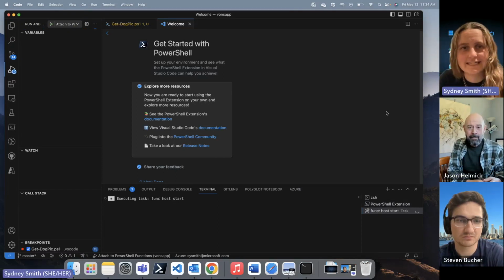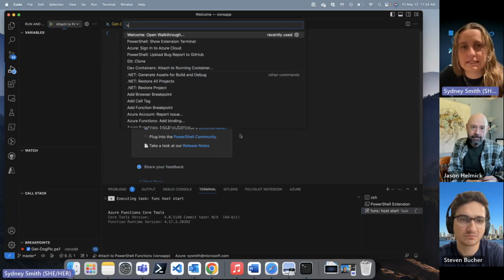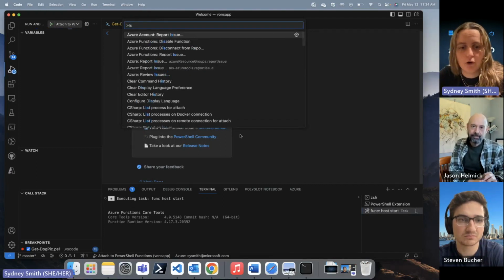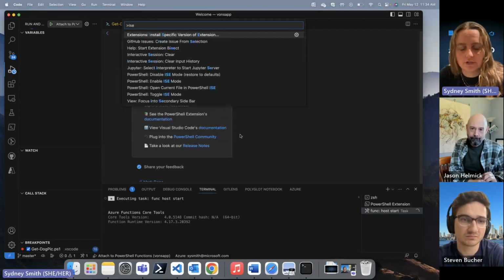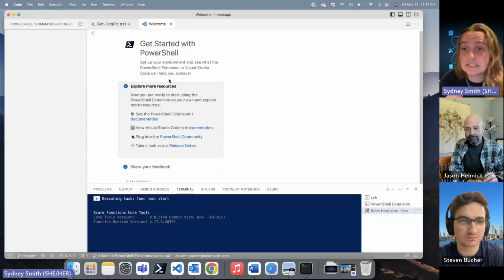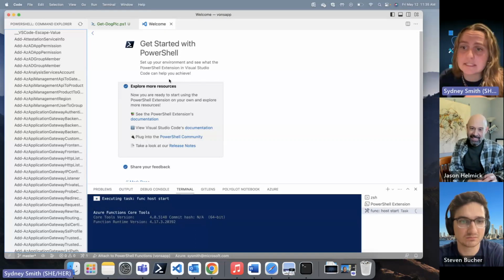Yeah, absolutely. And I definitely relate to that. I've used the ISE as well, and it can be a really comfortable environment. So what we did is we introduced ISE mode in the PowerShell extension for VS Code. So once again, if you open the command palette, Control-Shift-P, and you start typing in ISE, you can enable ISE mode. And what this is going to do is create a very familiar UI experience to the ISE. It's going to give you familiar theming, some familiar keyboard shortcuts, and kind of pare down